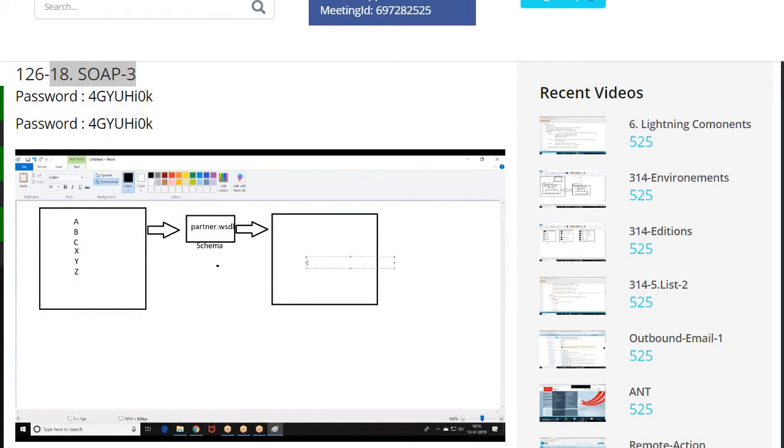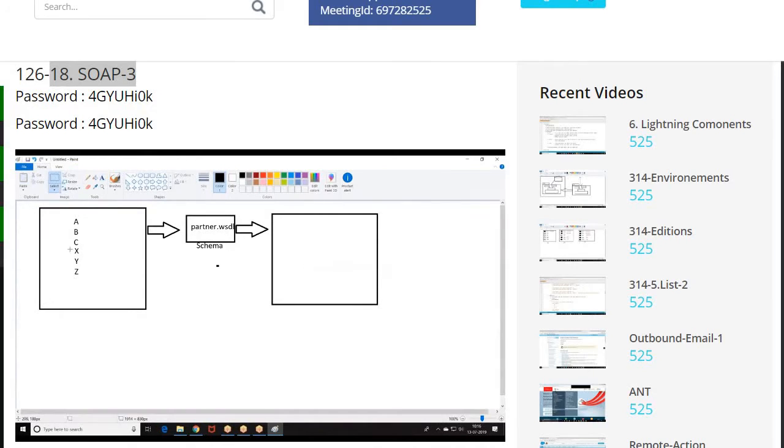Now when I run schema.getGlobalDescribe again, I get A, B, C, X, Y, Z. That means any change that I make in the source will be automatically reflected in the target, and target people can access those changes. But when I go to the enterprise visual file,